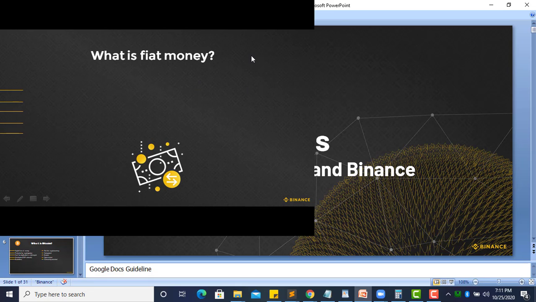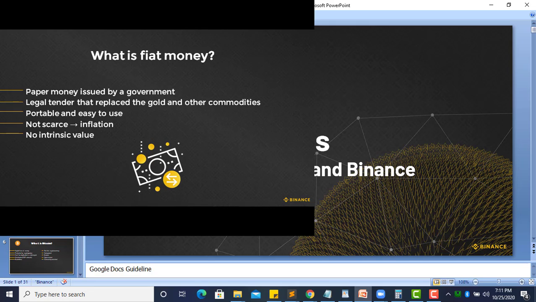As we now know what money is, what is fiat money? The name fiat money is something we are going to be hearing on most blockchain exchange platforms. If we're talking about cryptocurrency, we are going to be hearing the word fiat. Fiat money is any money that is issued to you by your government.